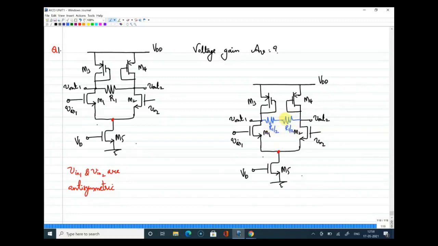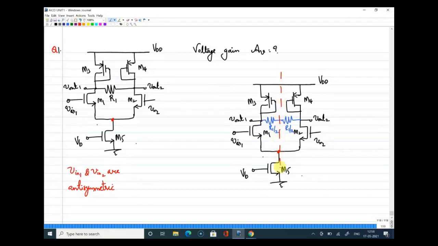I hope this will not make any difference, right? Because R1 by 2 and R1 by 2 in series will make a value of R1, and that is what is connected in the original circuit. Now I can very confidently say that definitely the circuit is symmetric, and if you draw the line of symmetry,